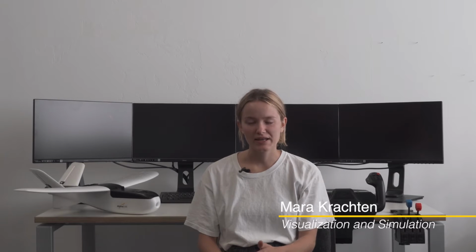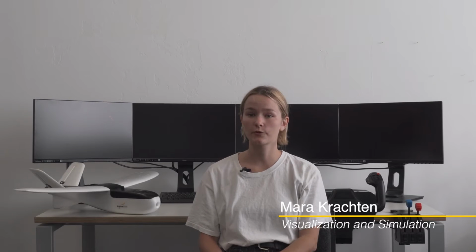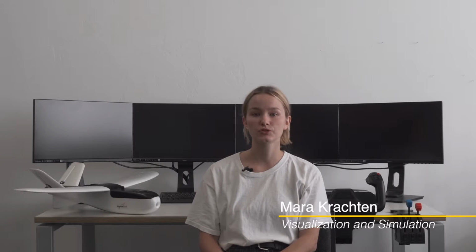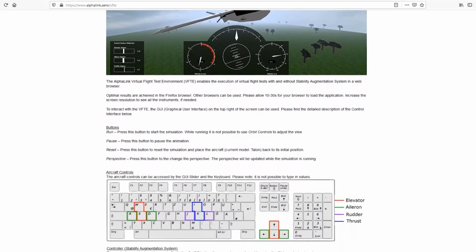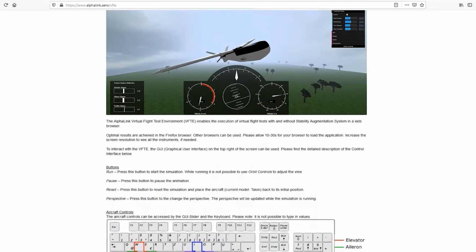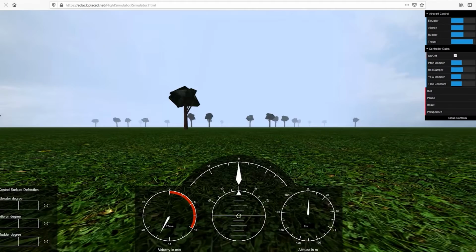The virtual flight test environment is a web-based flight simulation that enables flight tests to be performed to test controllers without the need of any additional tools. An unmanned drone can be flown using only the keyboard. In the preview version that is available for free of cost on our website, the aircraft can be controlled directly,